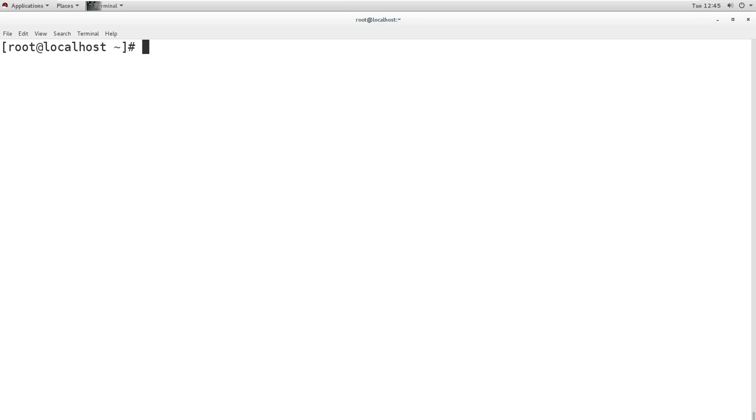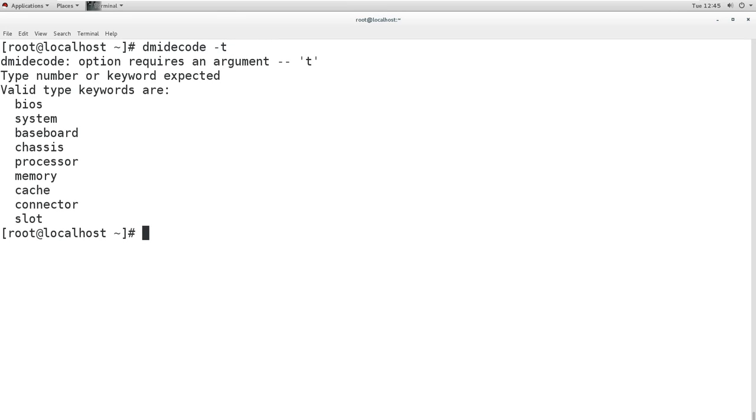Then if you want to see information about your system, then you can use this dmidecode command.